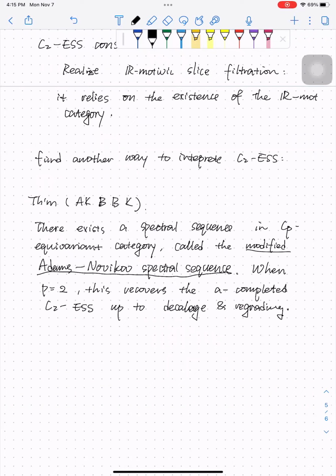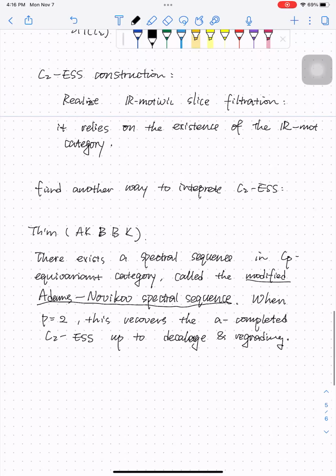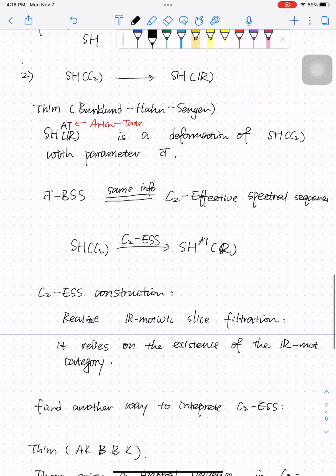Okay, I have 5 minutes left, and maybe I can say a few words about the intuition or the construction of this modified Adams-Novikov spectral sequence. The intuition behind this is how we think of this thing. In the Burklund-Hahn-Senger description, they think of the Artin-Tate category as a one-parameter deformation of C2. And in the C2 category, we have this important class a, so another way to think about this Artin-Tate category is